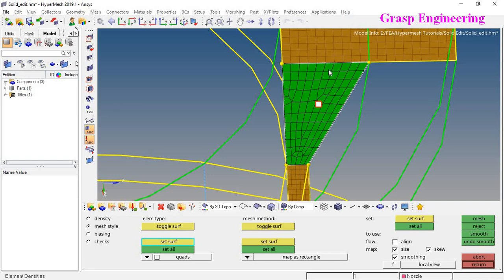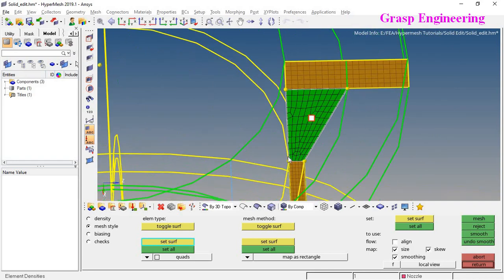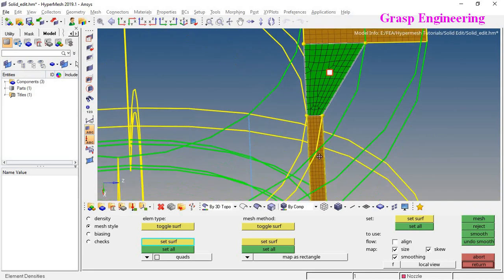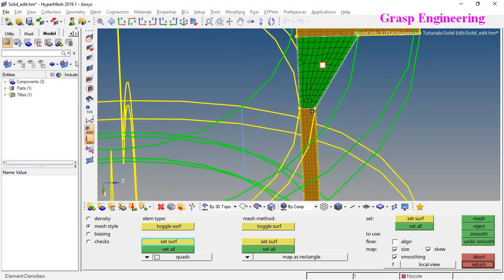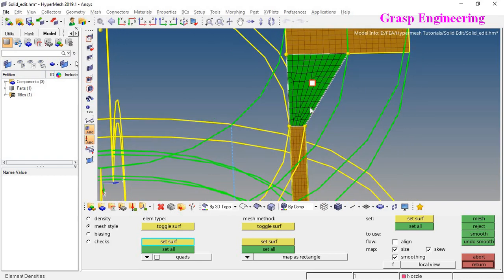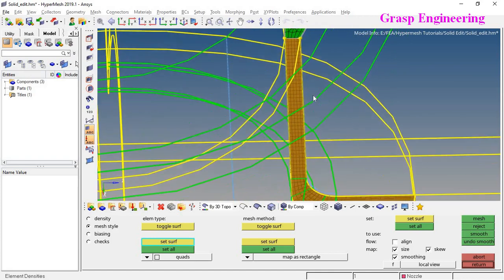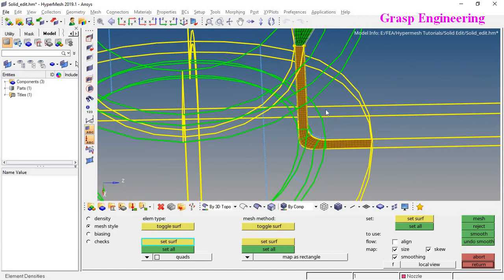Here basically the transition is there. If you want a smooth mesh, then in that case you need to make it 5 over here and go with the 5 mesh. But I think this mesh is also quite good at this respective location, and this is away from the junction, so we should not worry about the flange location.